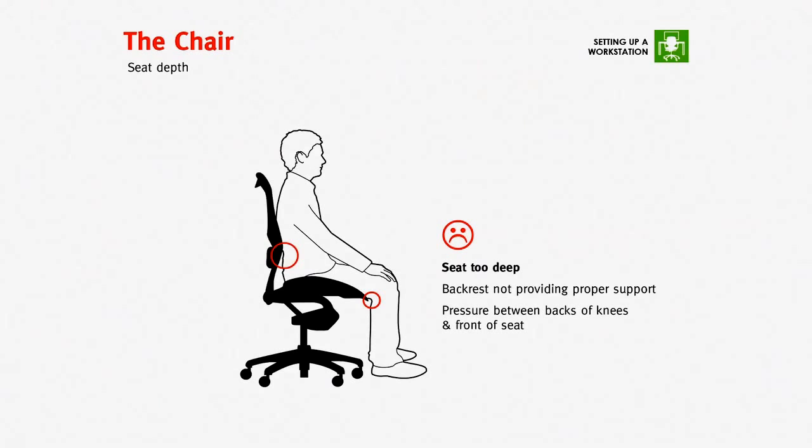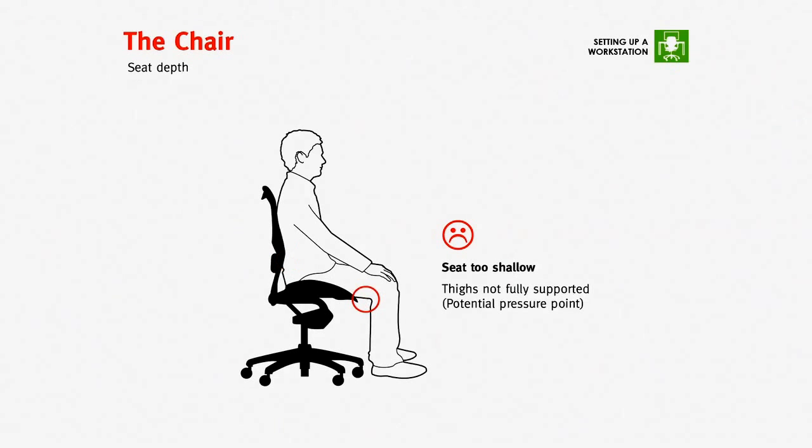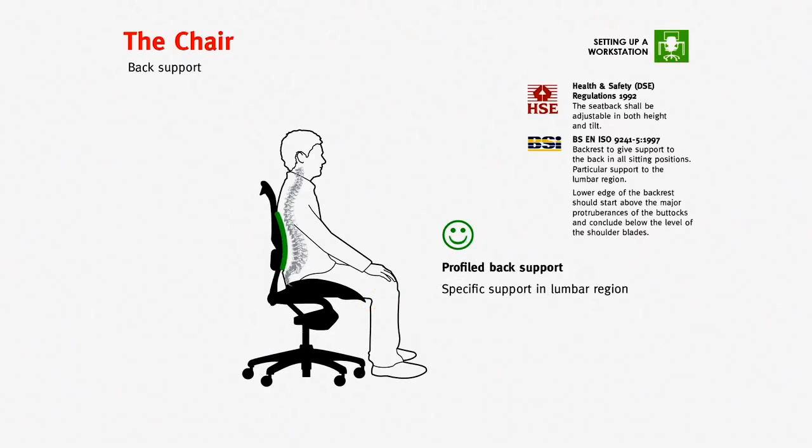If the seat is too deep, the user will have a tendency to perch on the edge of the chair, and then they lose the support to their lower back. If the user does sit back in the chair, the problem transfers to the back of the knees, which can cause pressure points or limit circulation in the lower legs. Although slightly less of a problem, if the chair is too shallow, it can also create pressure points on the underside of the legs. The backrest should provide support to the back in all sitting positions, and in particular the